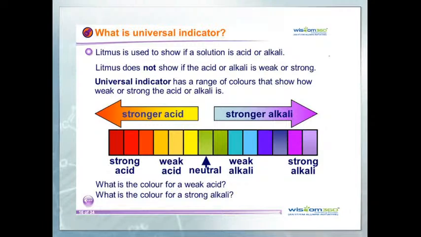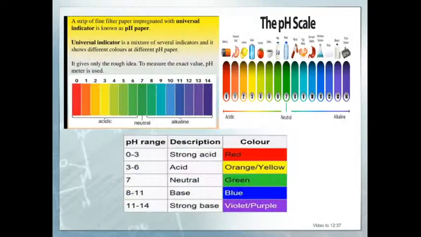When you go to the weak alkali side, you see a light purple or light blue color. But when you go to the strong alkali, you can see the dark violet color, right? Understood? So now, in which form can we use it? We can use it either in the form of pH paper, or in the form of universal indicator